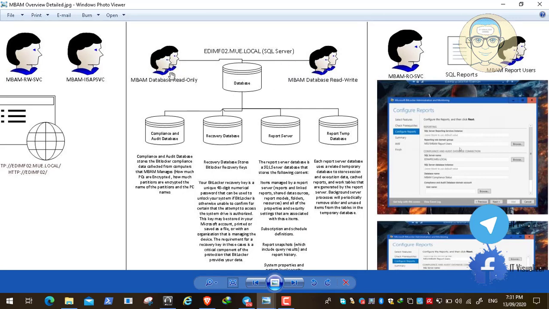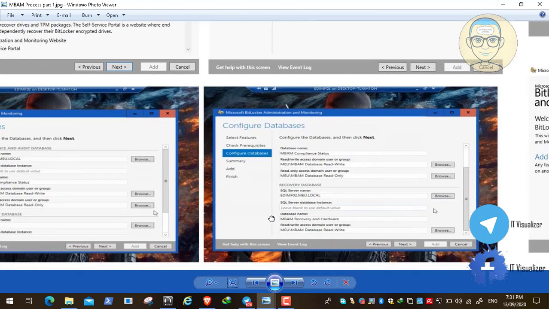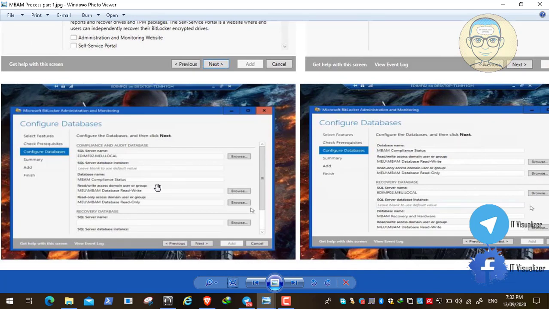So what we will do here is give these 2 groups access. We'll give the read only Active Directory group read access to these 2 databases, and we will give the read and write group read and write access to these 2 databases. By the way, this is for the first one, the compliance and audit database. So we'll give the compliance and audit database 2 groups. One will have read access to the compliance and audit database, and the other will have read and write